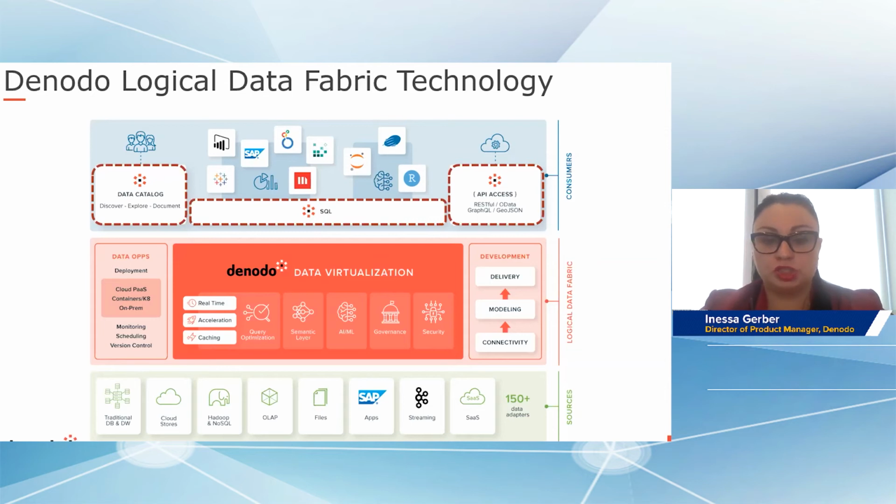So how do the consuming applications connect to your data? It really depends on what the consuming application is. You can simply connect using the JDBC or ODBC bridge and start executing SQL queries. You can connect using APIs for web-based applications, or you can connect using the data catalog for self-service.